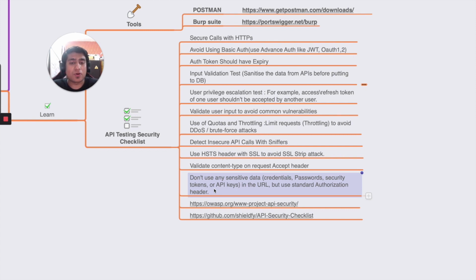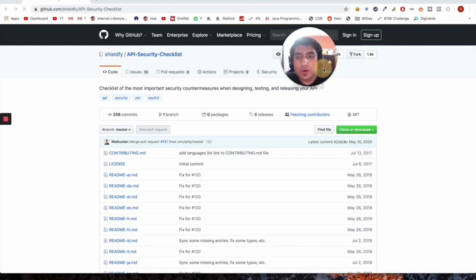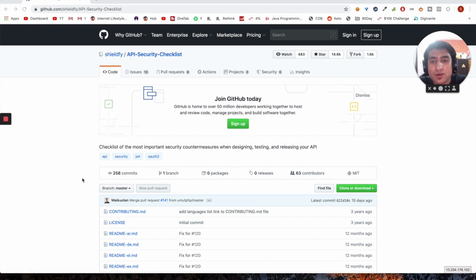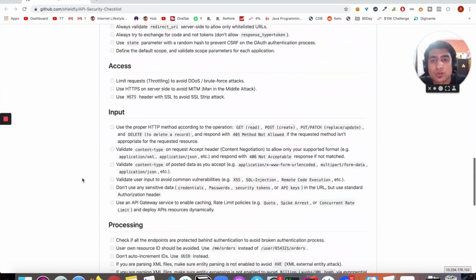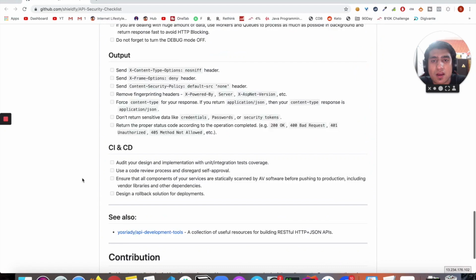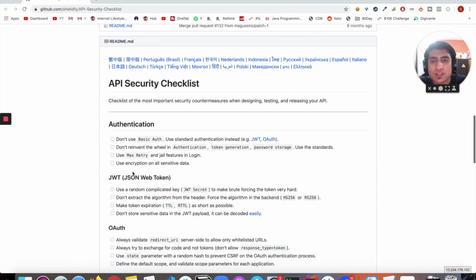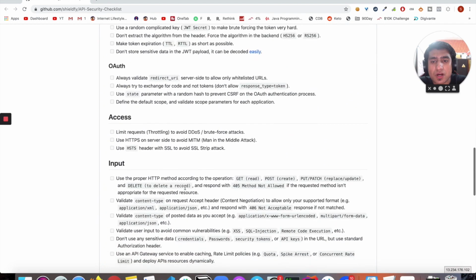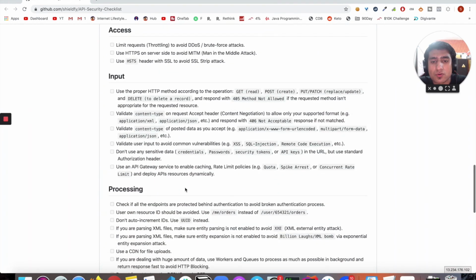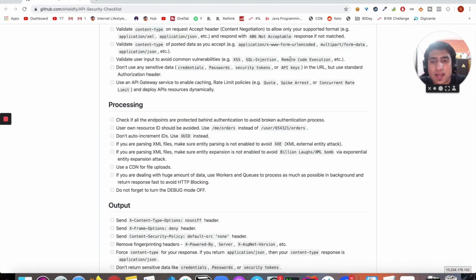That is important, right? I will highly recommend you to watch those. Basically, I'm going to open these two links. These are very much important. So let me open this one for you. And this is the API security checklist, and you can go through the whole list. It is a very interesting one. A couple of things they have mentioned are how to avoid brute force attacks, don't use basic auth, right? And how to validate input for SQL injection, remote code execution, right? So that you can do, right?